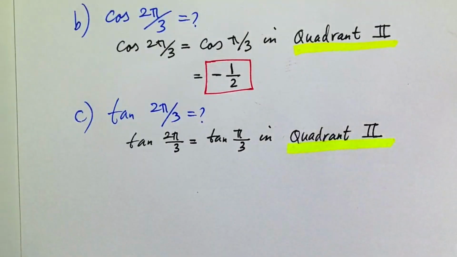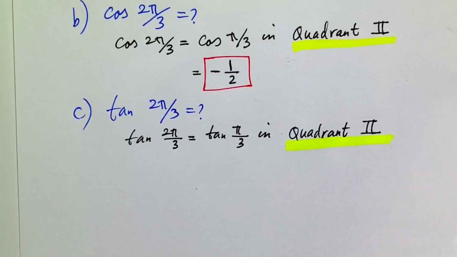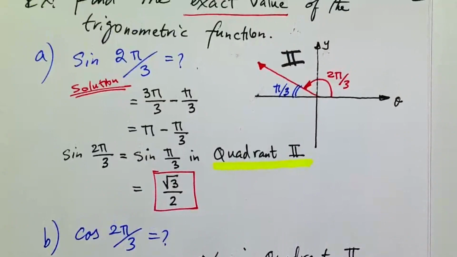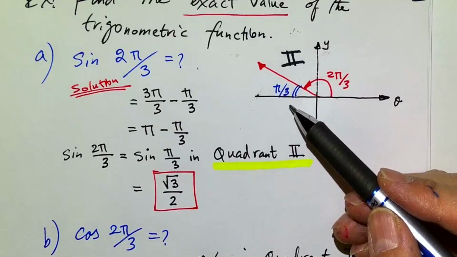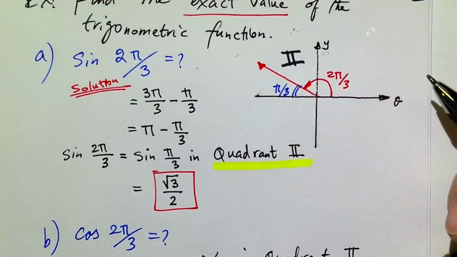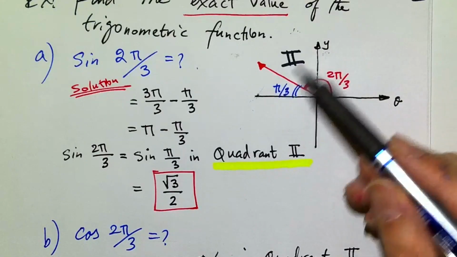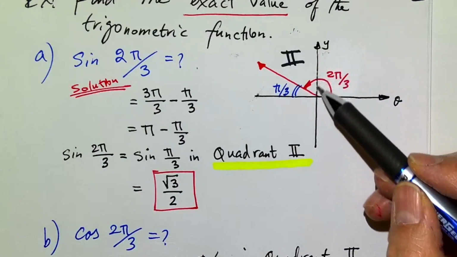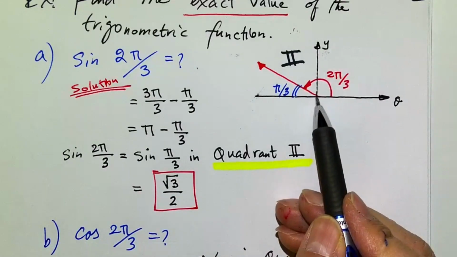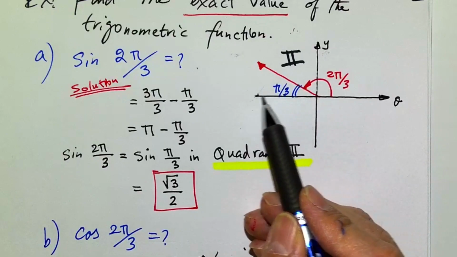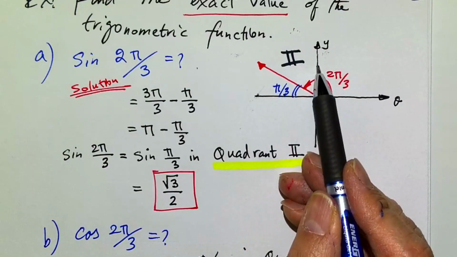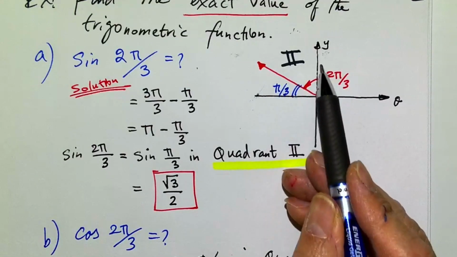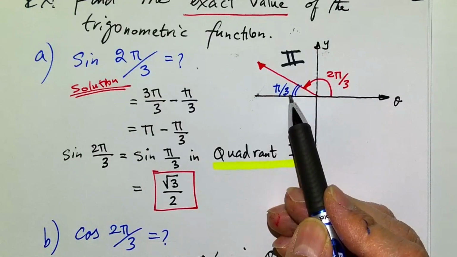Like that. And then we have to be careful, because in the second quadrant, tangent, remember, is the ratio of sine divided by cosine, right? In the second quadrant, sine, which is associated with the y-axis, is positive, but cosine, which is associated with the x-axis, is negative. So positive divided by negative, because sine divided by cosine is tangent, it's negative.